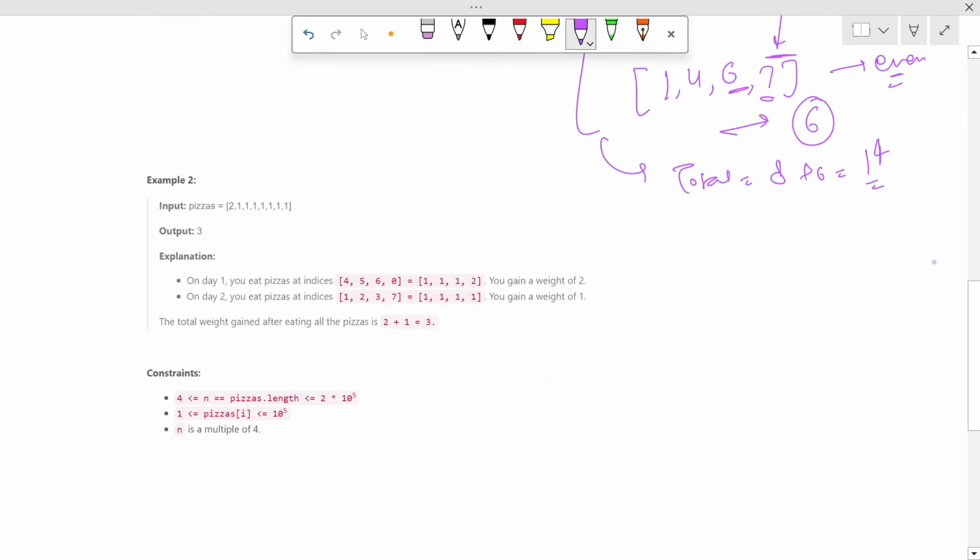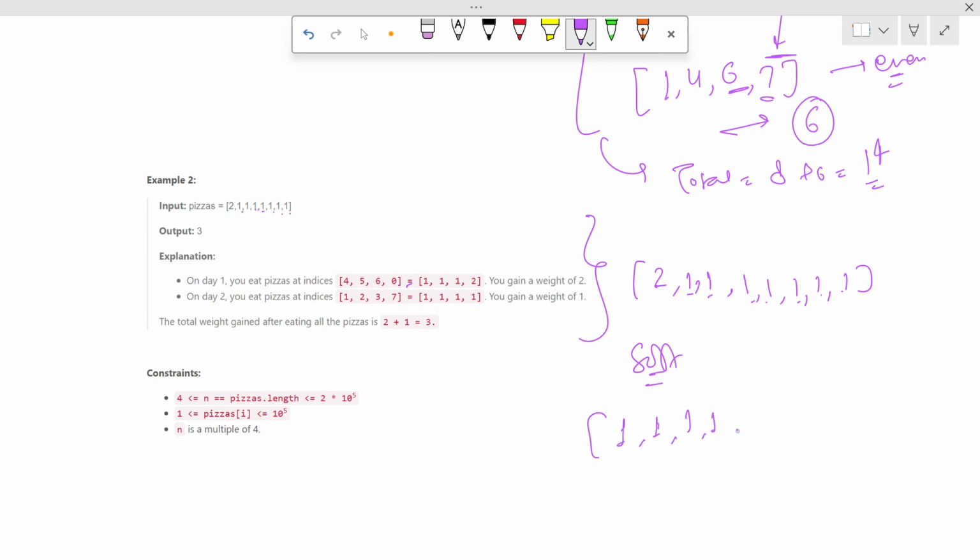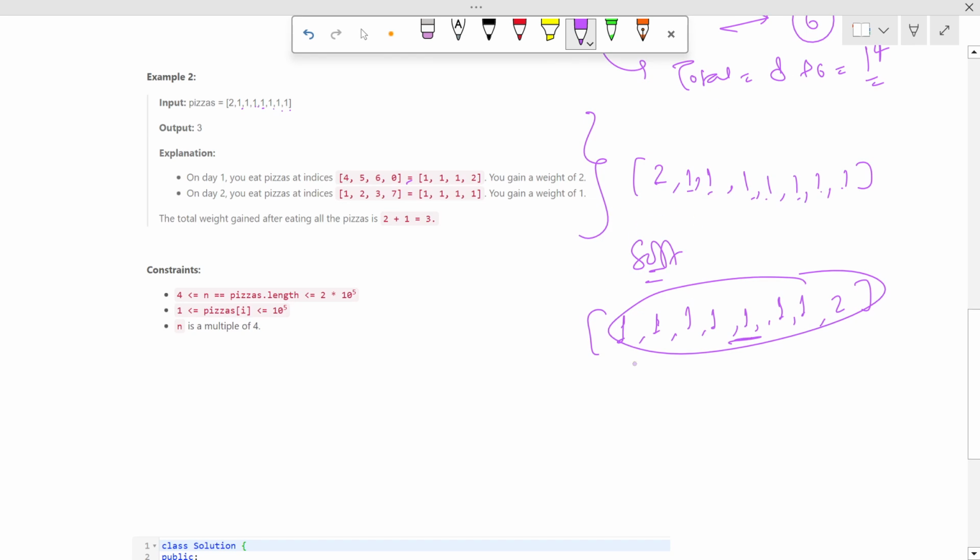So now let's look at the second example, so that you can understand how we actually have to get these values. Here we have the values 2, 1, 1, 1, 1, 1, 1 and 1. First we have to sort the pizzas, and after sorting we have to get these values. Day one is our odd day,